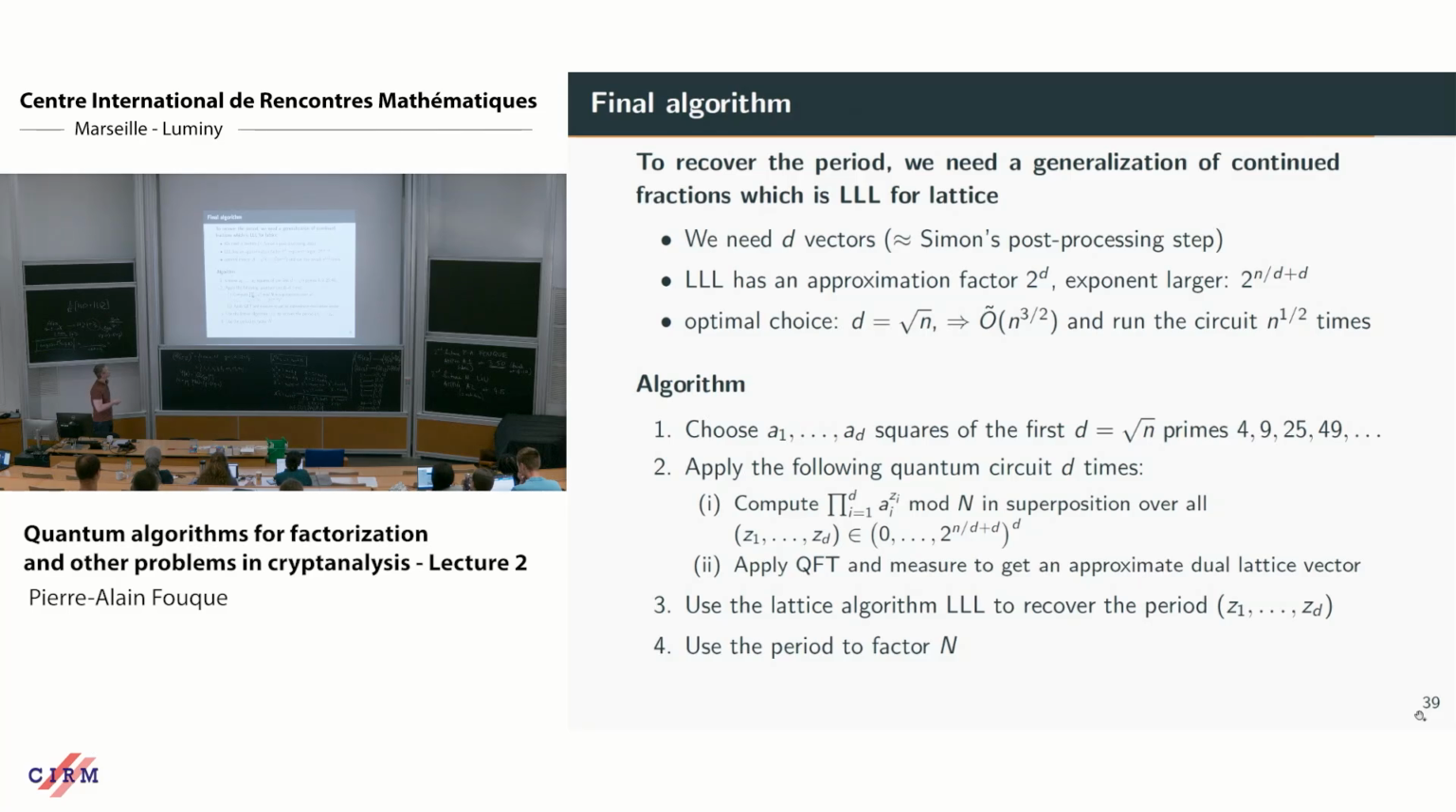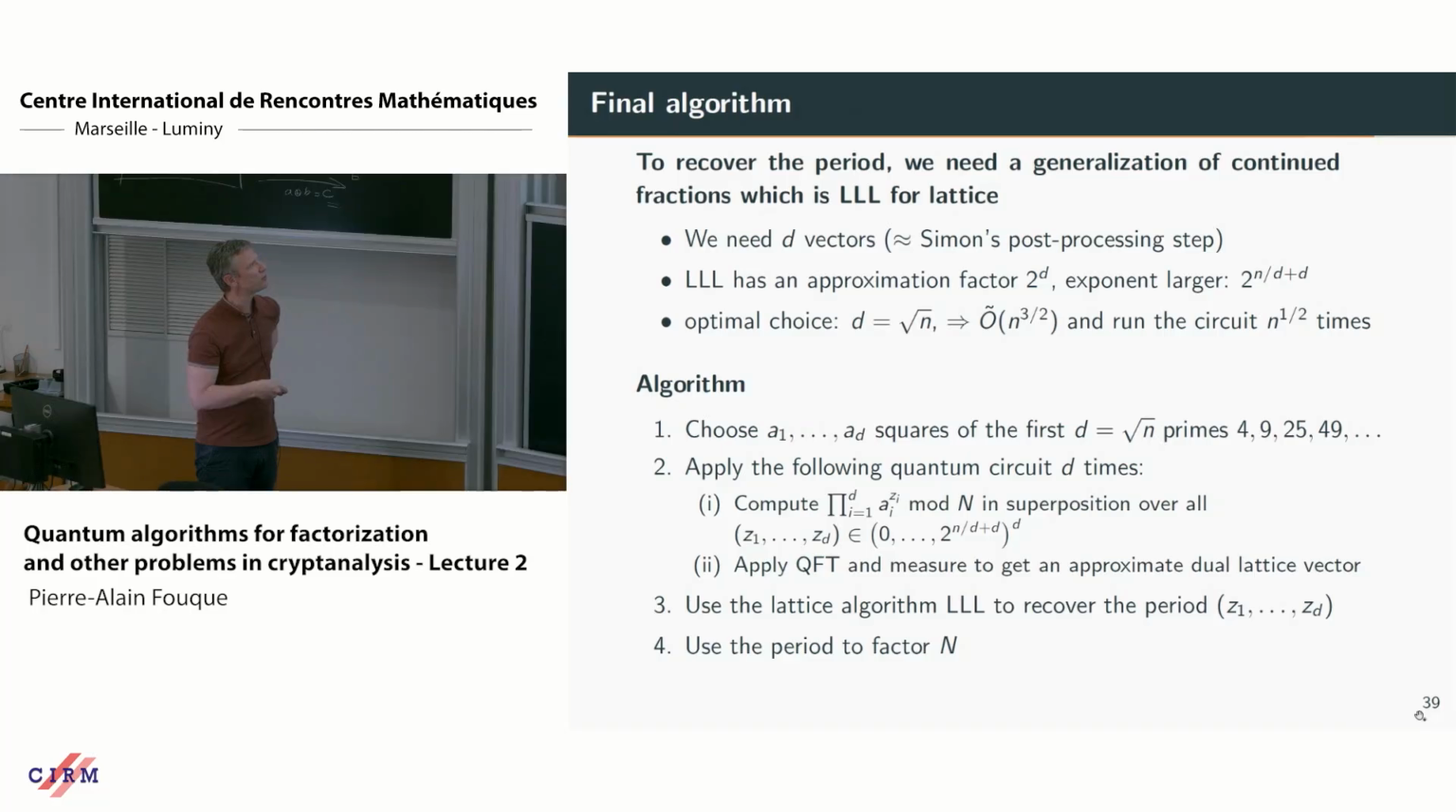So I compute my Hadamard, I compute my oracle, so I compute this value in superposition over all of the different qubits, and I have to go up to this dimension. I measure the second register, I apply the inverse QFT, and I get vectors that are in the dual